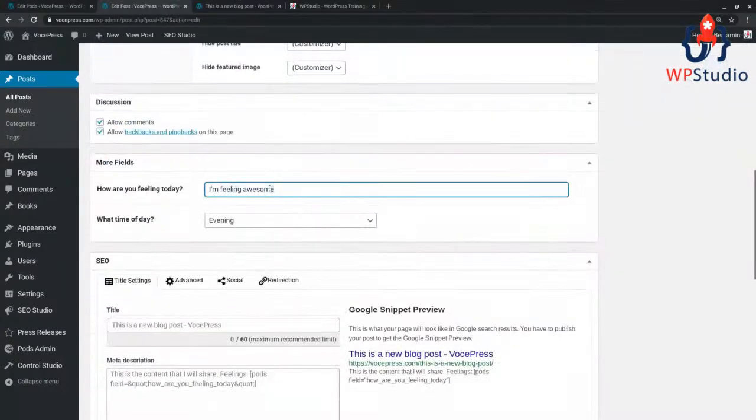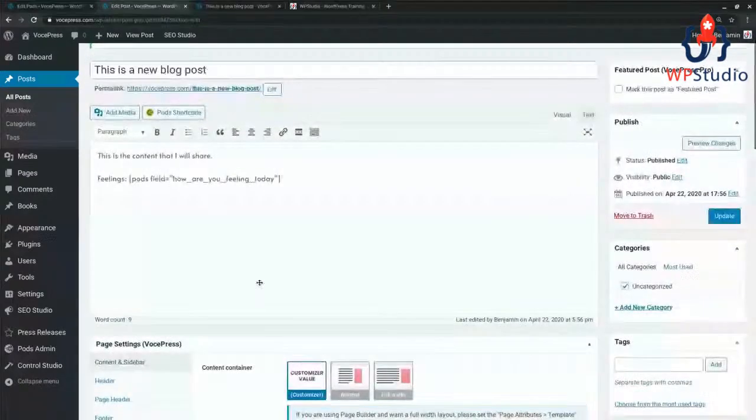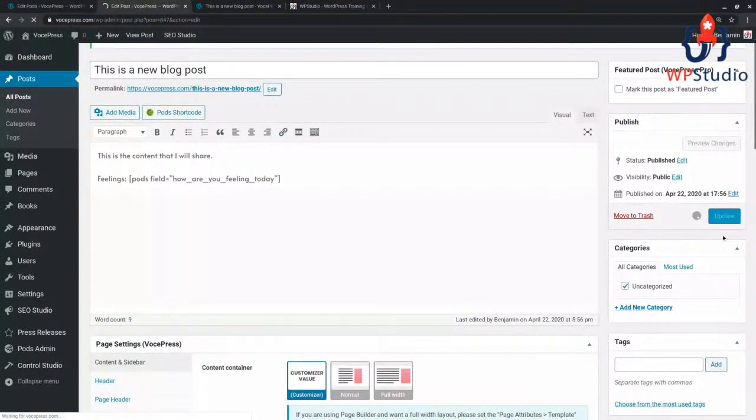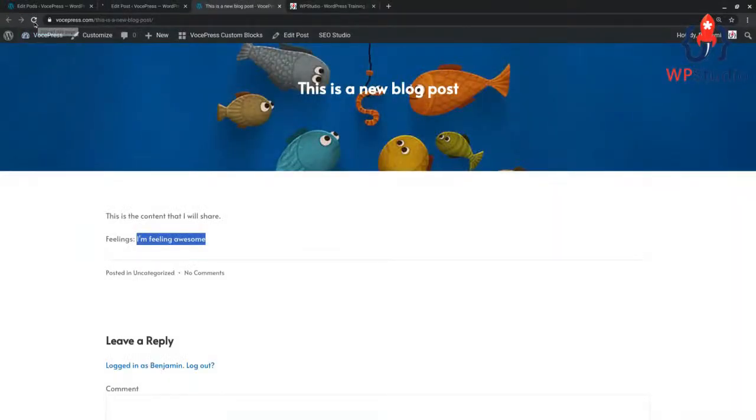I'm feeling blah. Well, I can go back to my pod field that I added, make this change here. I don't have to mess with the actual content because the pods field is already pulling that information in. I just simply update my post, and then everybody else who visits the post after this will now see the